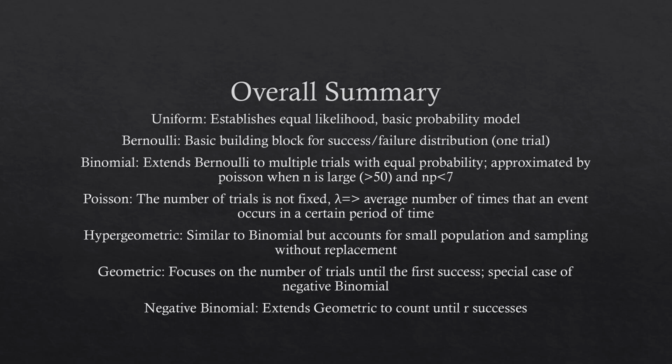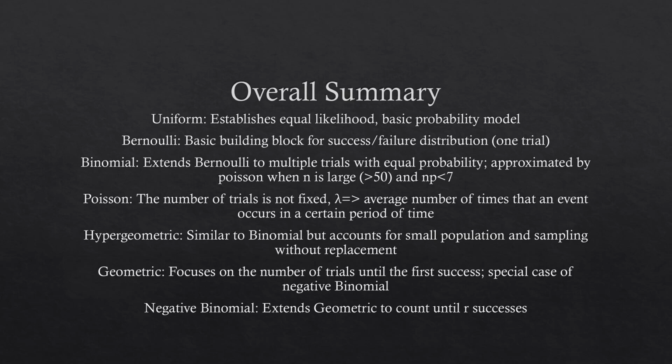Now for our overall summary, we have our uniform distribution, which establishes equal likelihood, which would mean you just roll a die 1 time, what's the probability of getting 6? It's just an easy 1 over 6. So our Bernoulli is our failure distribution or success distribution, which only has 1 trial. And it is a basic building block because, as you saw, a lot of the other distributions had a similar base to the Bernoulli. So next up is the binomial, which extends the Bernoulli to multiple trials, all with equal probability,